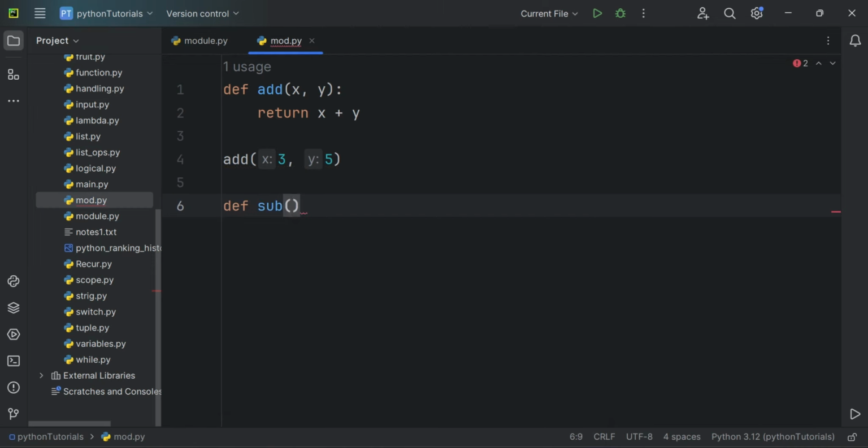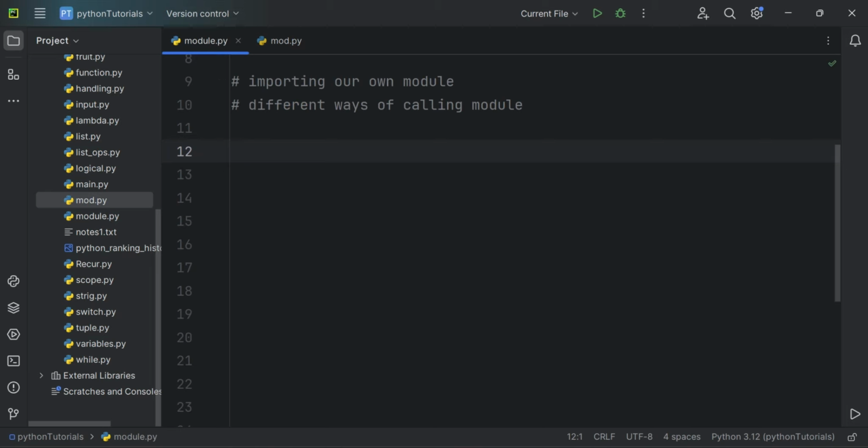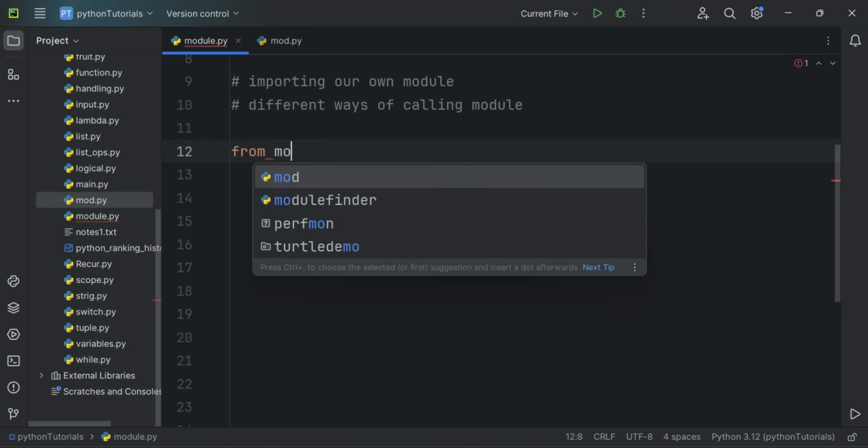Okay guys, let's create one more function in mod.py, say def, then a function name as sub, then inside the parentheses x comma y as parameters, then a fruitful function which is return x minus y like this. Then outside of the function I'm going to call the function sub like this, then put anything, 3 comma 5, then come to module.py, and to access the sub I'm going to type like this: from the module